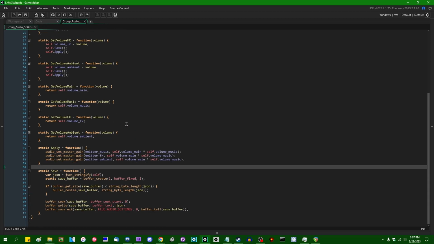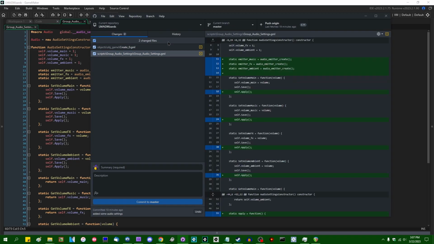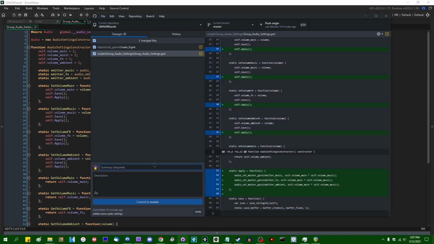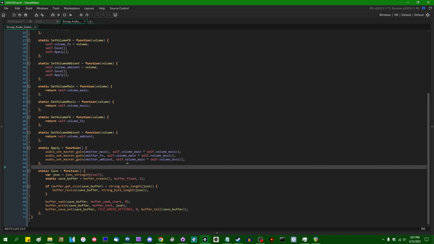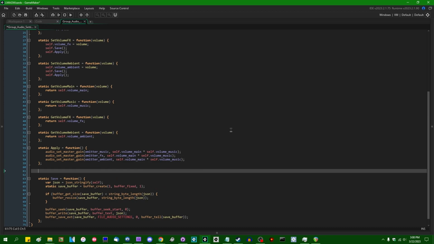All right, so moving on from that, I accidentally unchecked both of those. We can say apply the audio volumes to emitters. And from there, it shouldn't be too difficult a matter to implement, for example, static, and we can make this